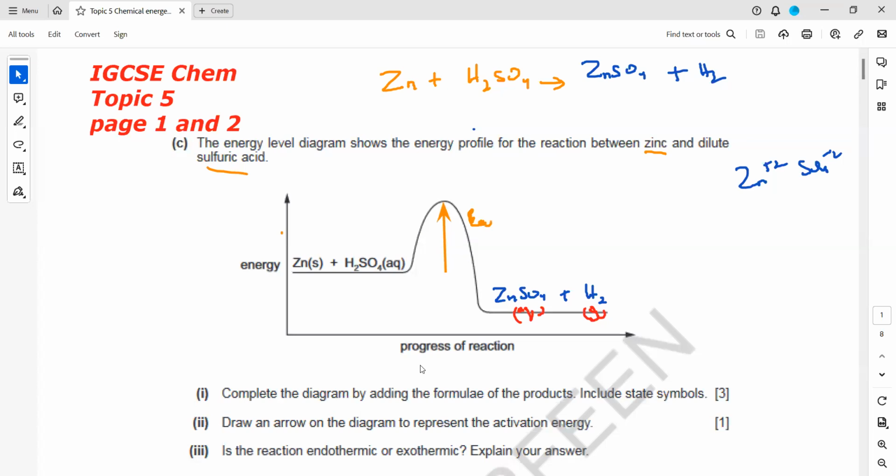In this reaction, is it endothermic or exothermic? What kind of reaction is this? Which reaction does this appear to be? Reactants have high energy and the product is having low energy. That's right. So this reaction is